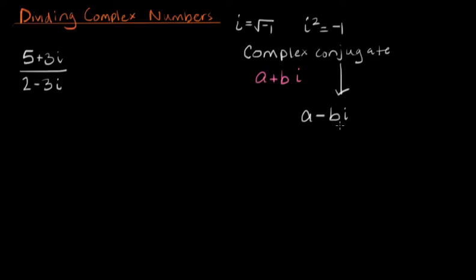And the reason that this is important is that when we multiply a plus bi times a minus bi, we're going to get a squared, and then we're going to get a plus abi, minus abi, plus, sorry, this should be minus